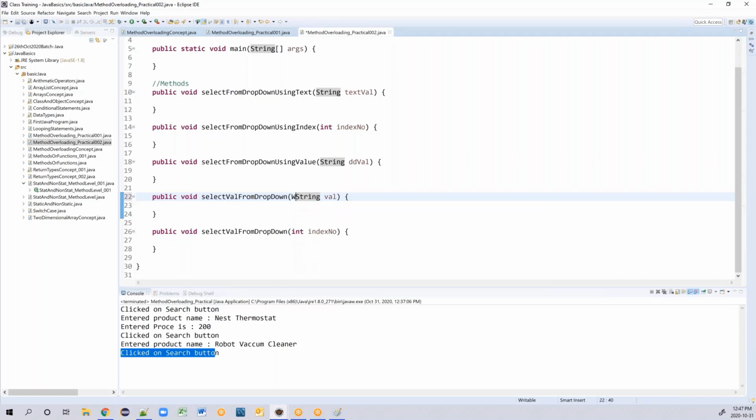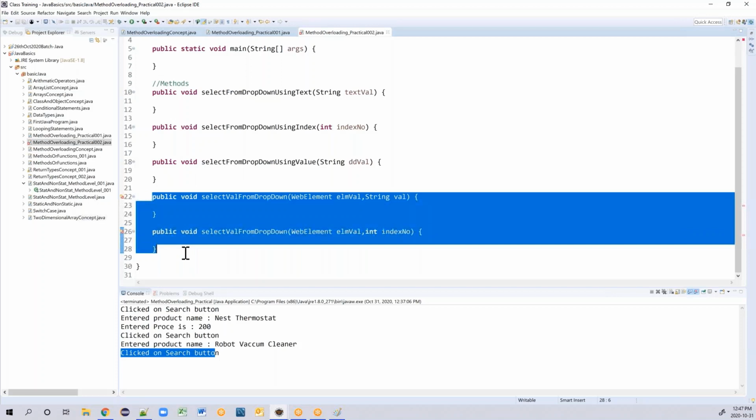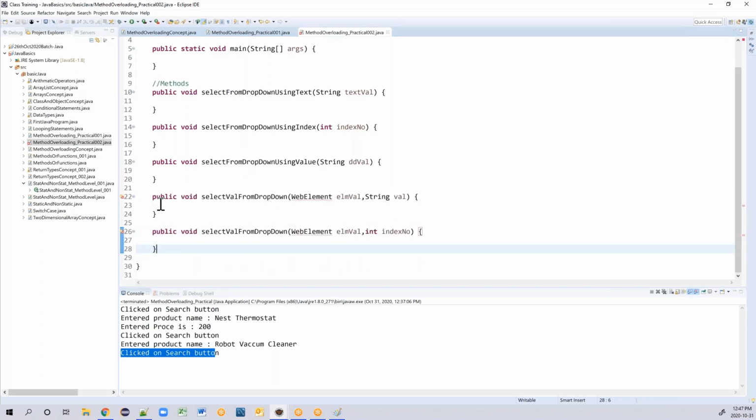What this element value is, we are going to discuss. This is how you create methods, and this is how you do the overloading concept. For now, let me remove this and this.